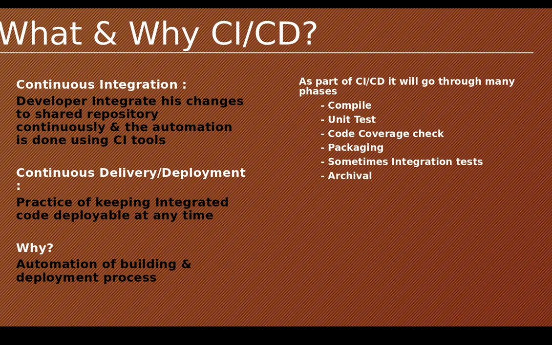After that, the archival of the Docker image or jar has to be done and pushed into an archival system, like the repository management tool Nexus provides. In this example, I'll cover how to build your application into a jar or war file and publish it into a repository server, with Nexus as the repository server, so that at deployment time it will pull the latest version available from the repository server and do the deployment. And finally, the most important part, the deployment to the environment. This I'll also cover as part of the different phases of CI/CD.